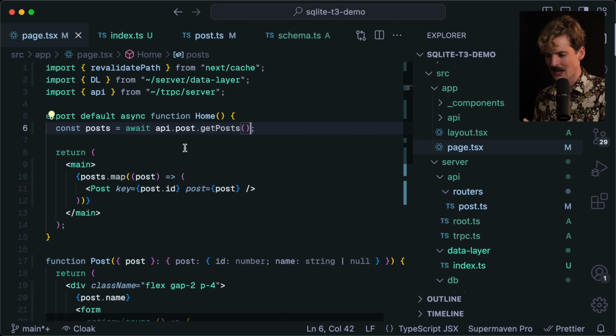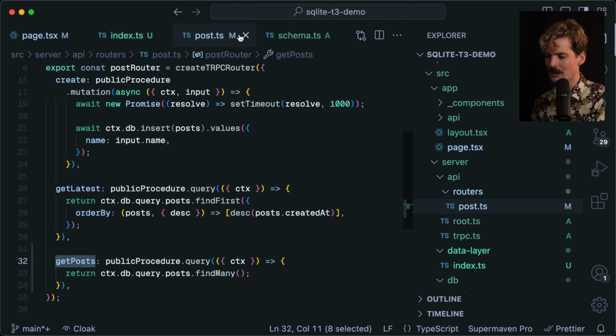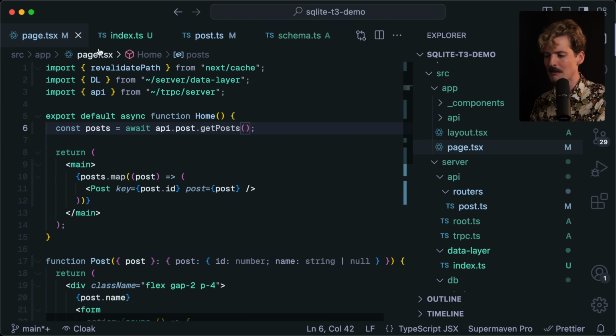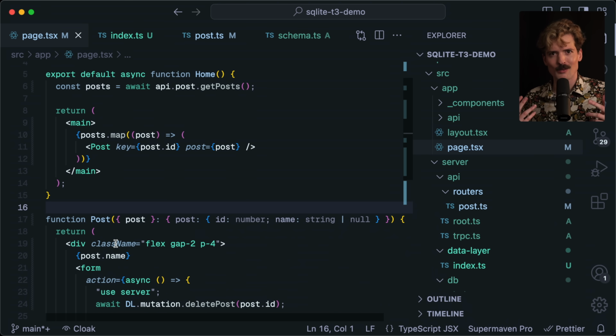So while playing with these examples, I just used an inline SQL equivalent. I used a data abstraction layer that's literally just an object with functions on it. And I used a full-on API layer abstraction that could be consumed by other things using something like tRPC. And you can mix and match all of those in the same components, because that's the magic of the new pattern. React isn't telling you how to separate these things anymore.